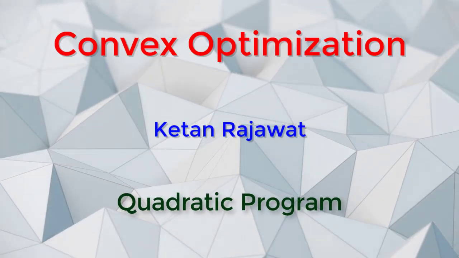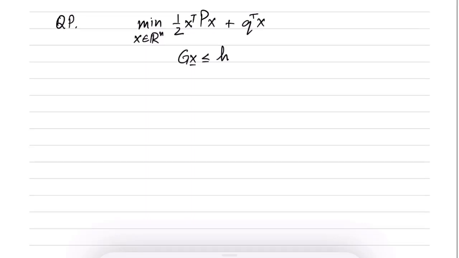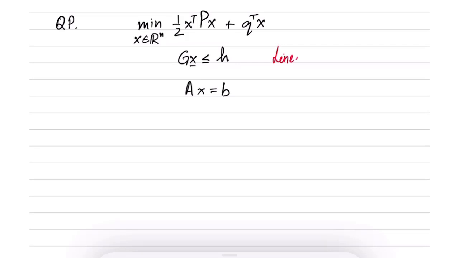Next, let us look at quadratic programs, or in short QP, which is written as minimization of half x transpose Px plus q transpose x. So this is for x in R^n. I've written a QP for x in R^n, and we may have some linear constraints of the form Gx less than or equal to h and Ax equal to b. So there are both linear